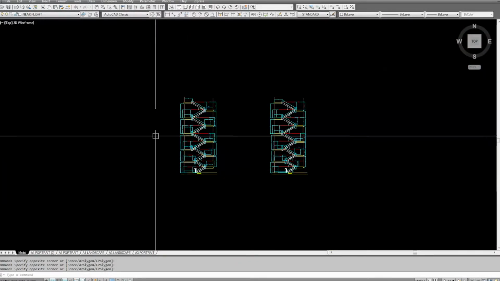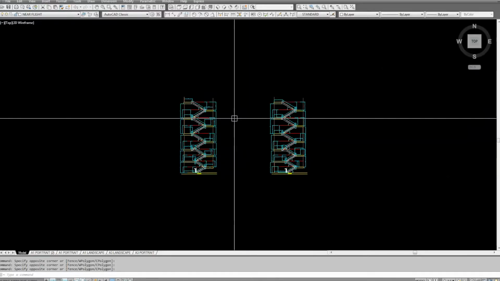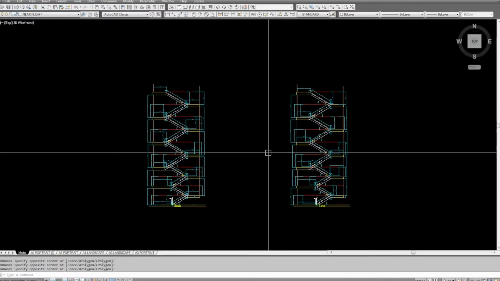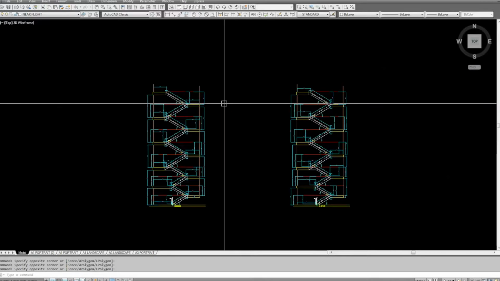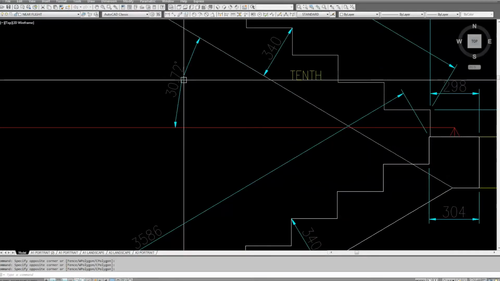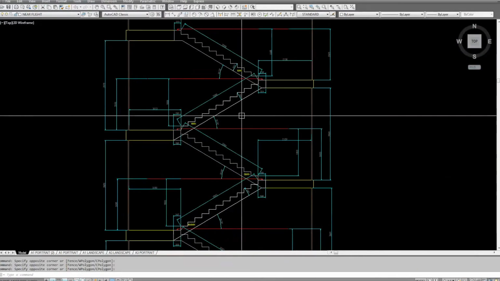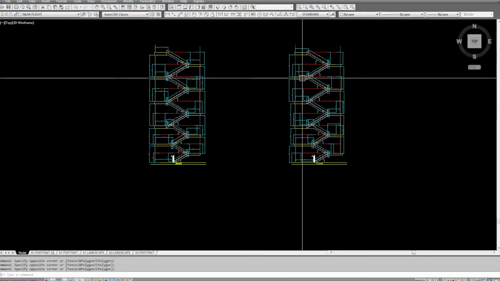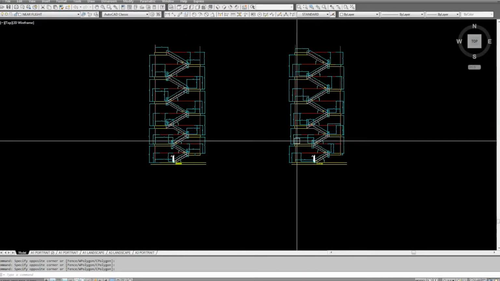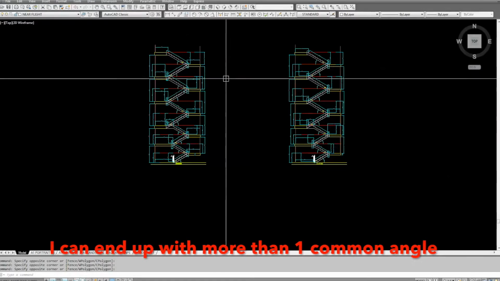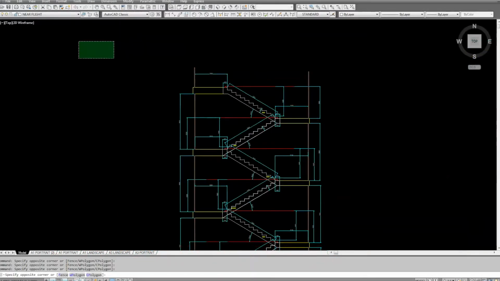Because I've got the information for 2 sets of stairs, I will tot up how many angles there are, and then tot up the value of each angle, tot them all up, and then divide by the amount of angles there are, and that gives me an average angle. So my next step then is to